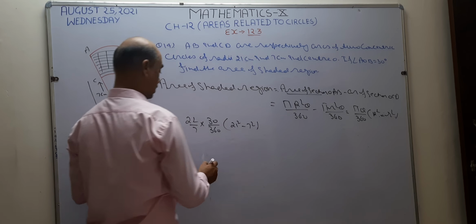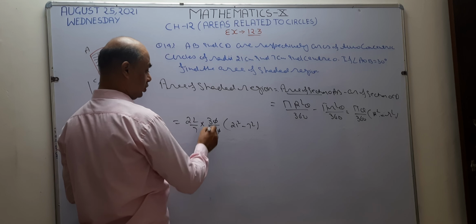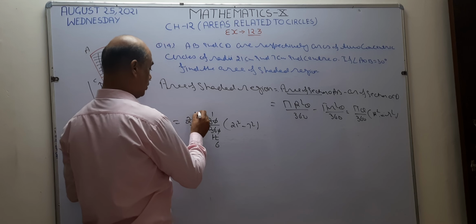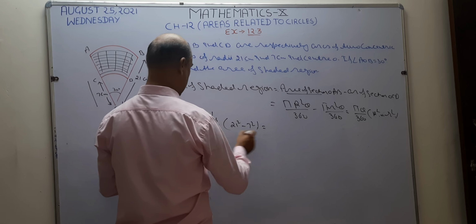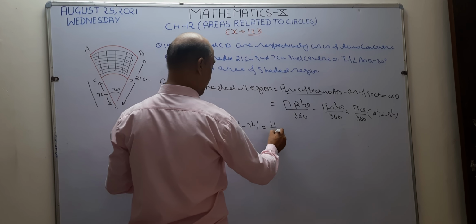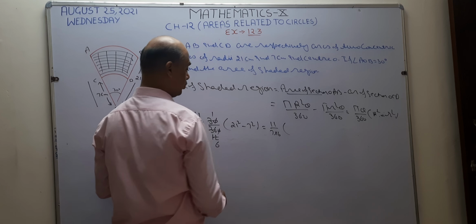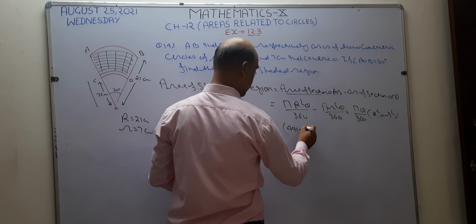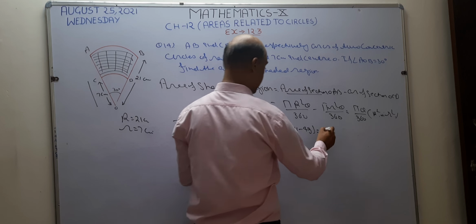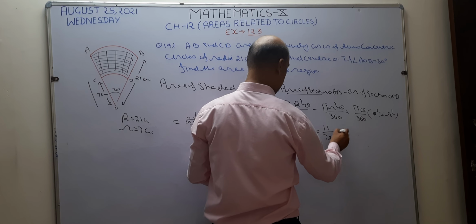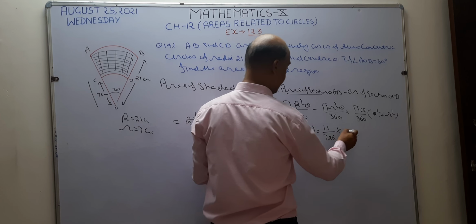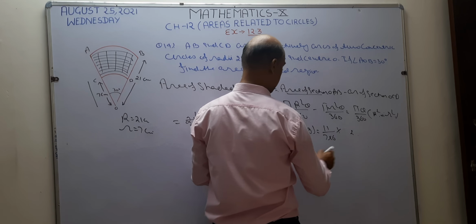Okay. Now see. This 0 is cancelled with 0. 3 1s are 3, 3 2s are 6. So 2 6 are 12 and this becomes 11. From the exterior, we get 11 into 7 into 6. Now, square of 21 is 441. Square of 7 is 49. Now, write here 11, 7 into 6. Subtract 49 from this 441. 11 minus 9 is 2. 13 minus 4 is 9.